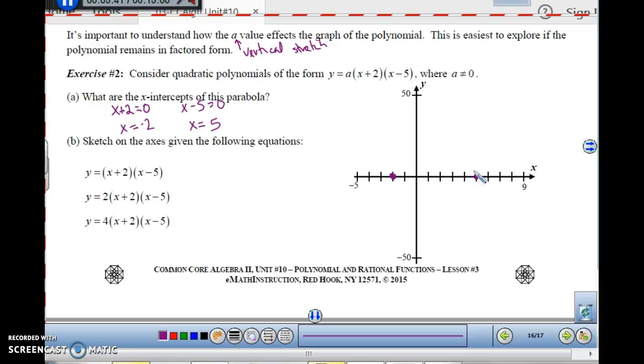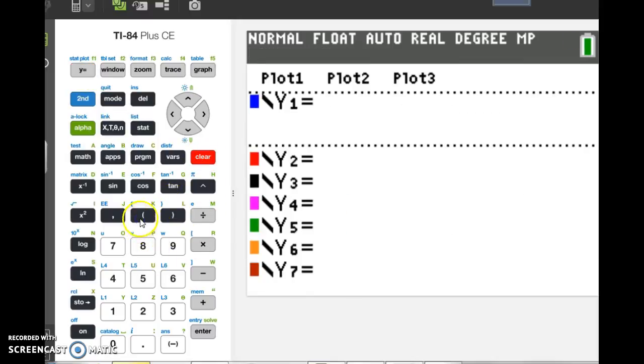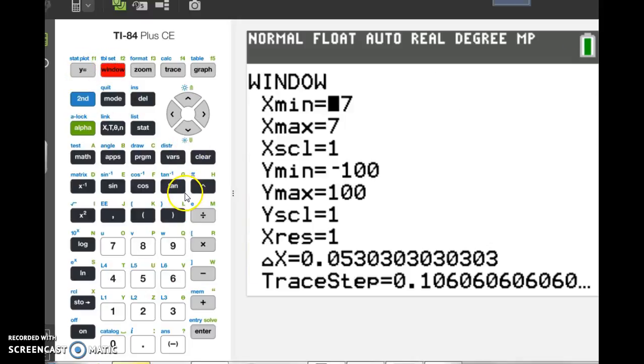Okay, now this is going to be a parabola. So x plus 2 times x minus 5, when we graph it, let me go to my calculator here again. All right, we have parenthesis x plus 2, x minus 5. All right, let me set my window. And then we have from negative 5 to 9, and then from negative 50 to positive 50. And if I graph that,